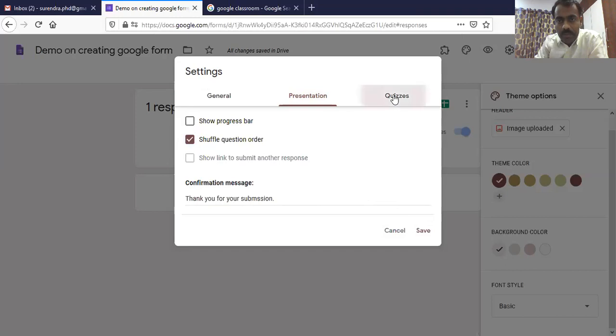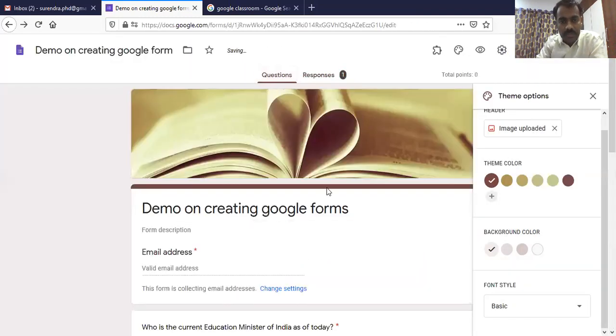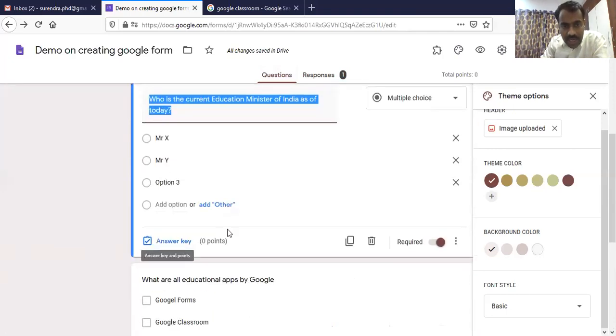Okay. So now we will just go through one or two questions. What is the difference between a normal Google Form and a Google Form as a quiz? So I have enabled this as a quiz. Click on this. Okay. Now if you go to questions here, for example, this is our question. And now because we have enabled it as a quiz, you can see that this has an extra option. If you don't enable it as a quiz, this answer key tab won't be available. This answer key is available only if we make it a quiz question. That means here we have to give which is the correct answer and how many marks there are for that particular question.